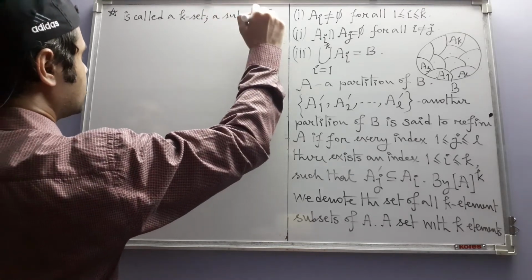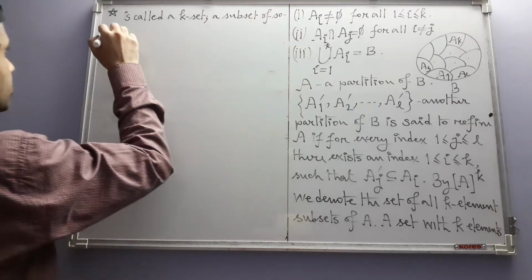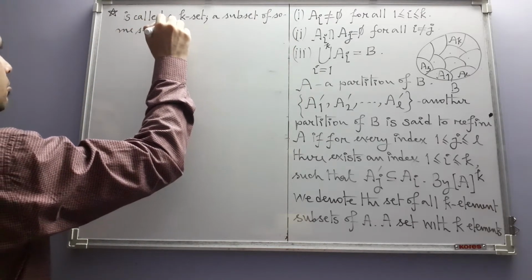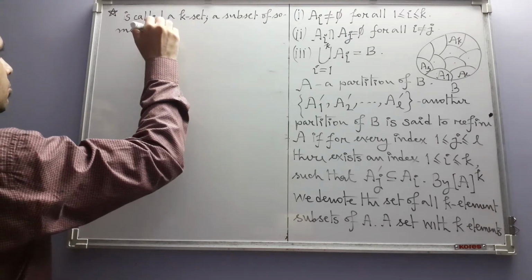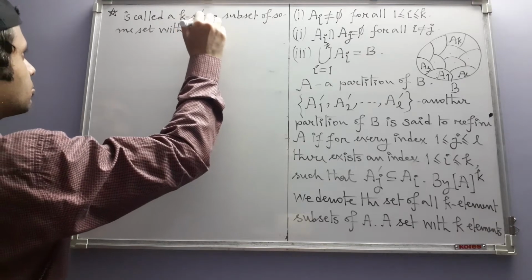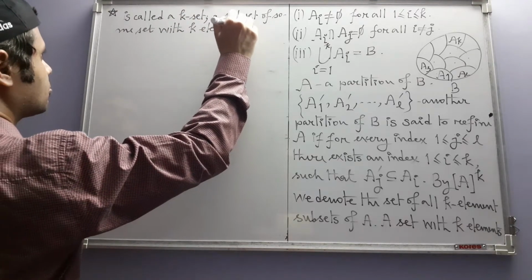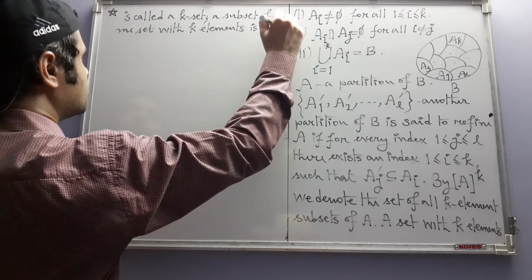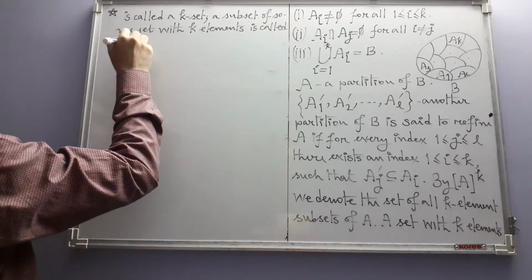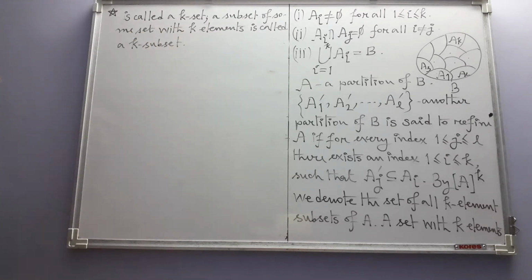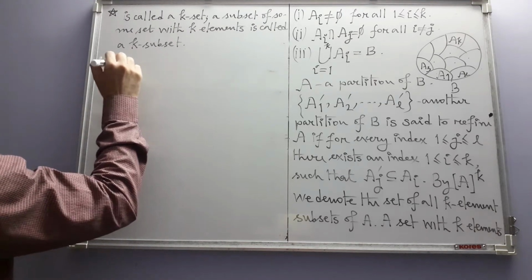A subset of some set with K elements is called a K subset. So that means if A is any set, then